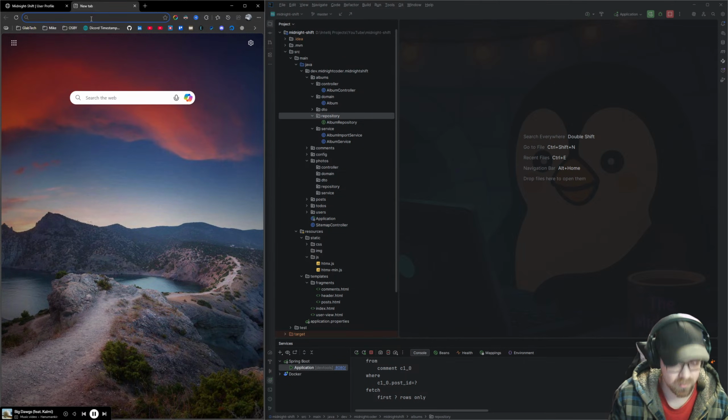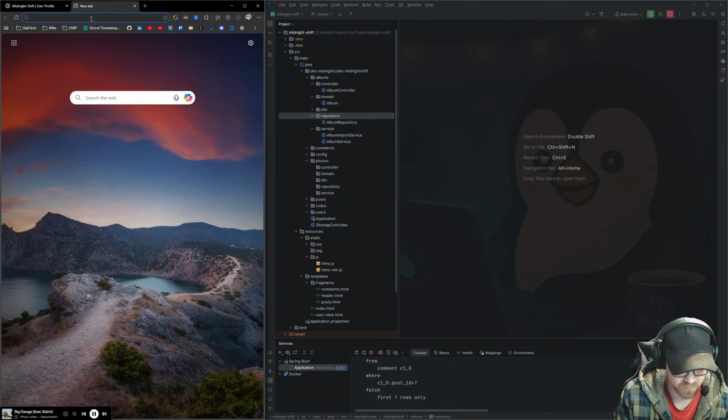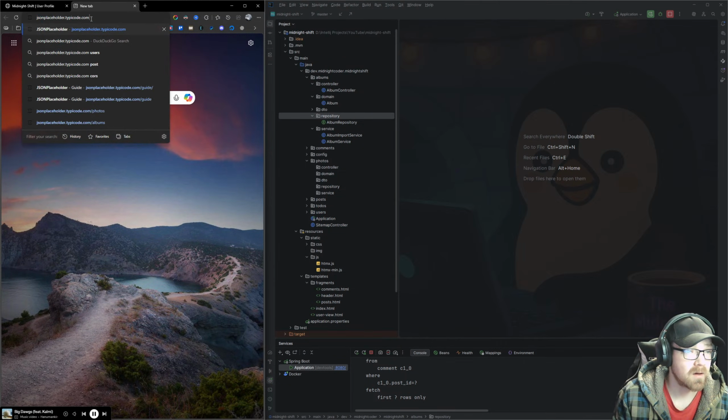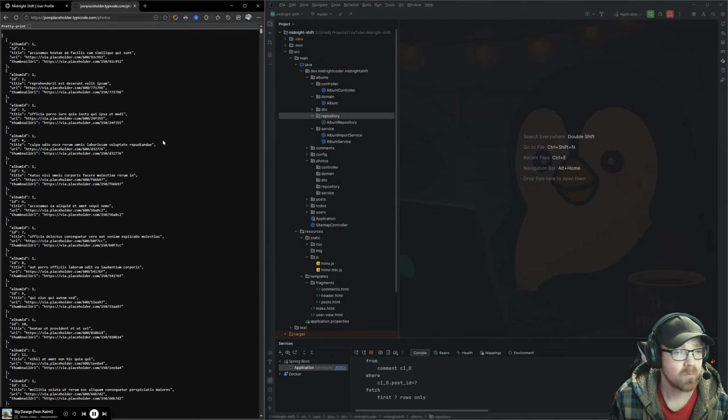And if we do pop over to our JSON placeholder, and if we go to photos, we see that the photos consist of an album ID, an ID, a title, a URL, and a thumbnail URL.